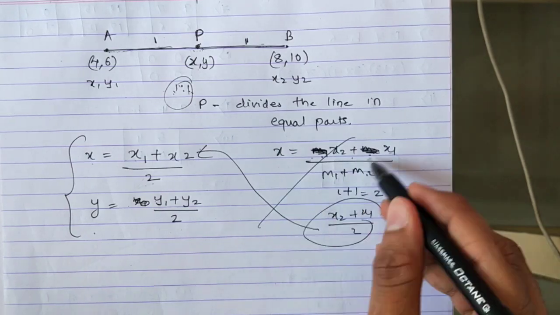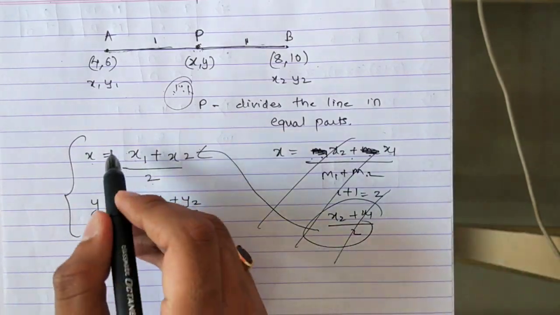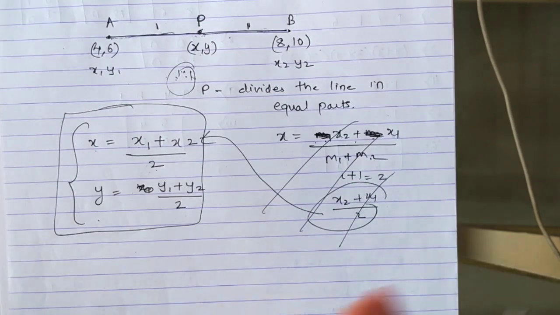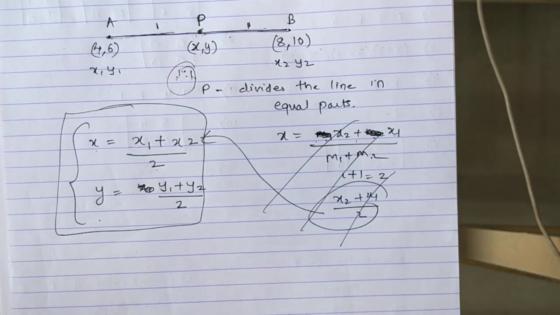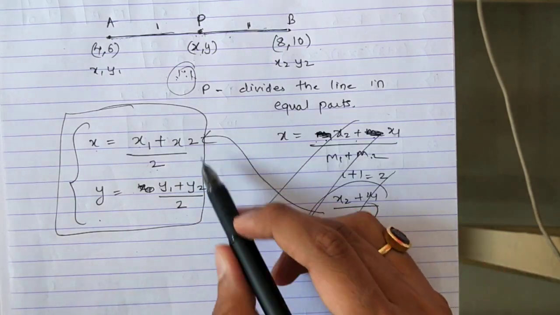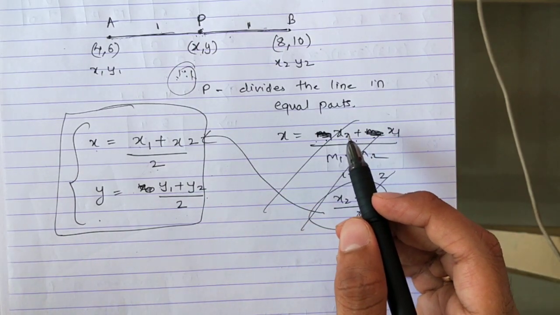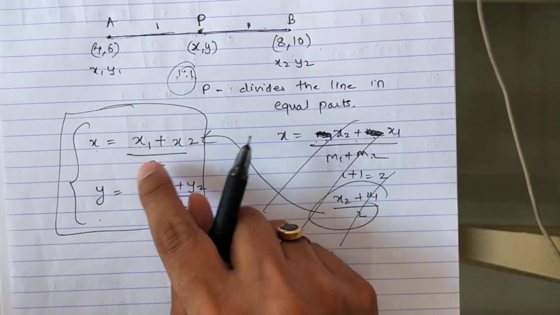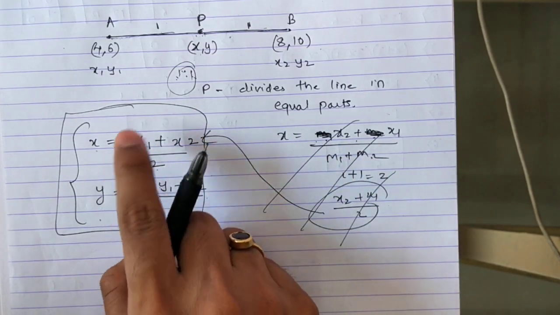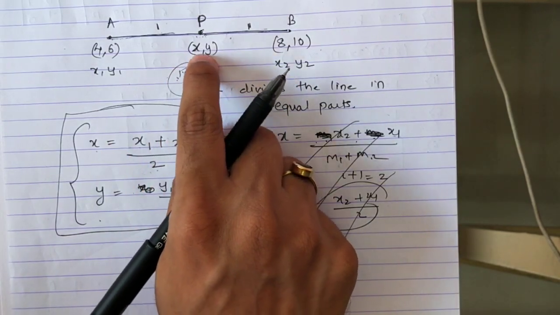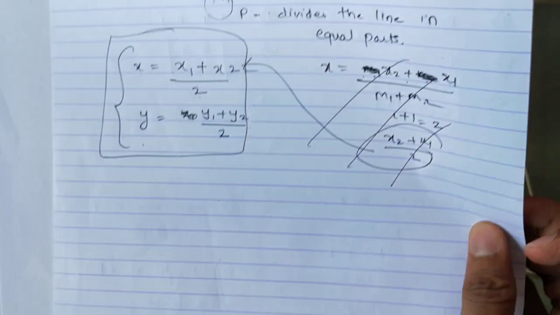Okay. Although this derivation is not important for you, you have to remember the formula and accordingly we'll solve. All the other rules, other points which we studied in the first exercise will be applicable here also. Only these two formulas are new here. I hope you have understood the formula. Very easy one. x1 plus x2 upon 2, y1 plus y2 upon 2 to find x and y. x and y are the point, the midpoint. Okay, let's start.